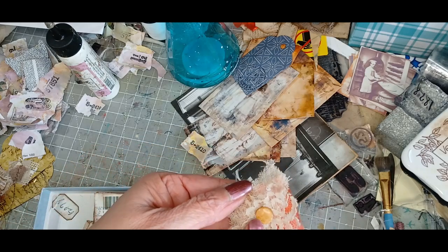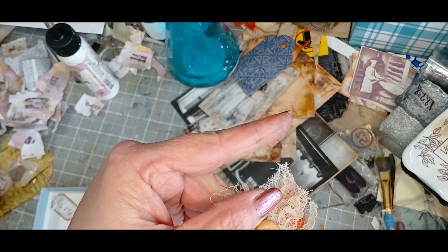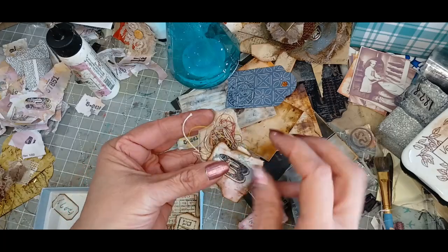There's my other pearl. See, that one was white. Isn't that pretty? I don't know if you can tell the color. It almost looks like marble now. So as I was saying, take your string